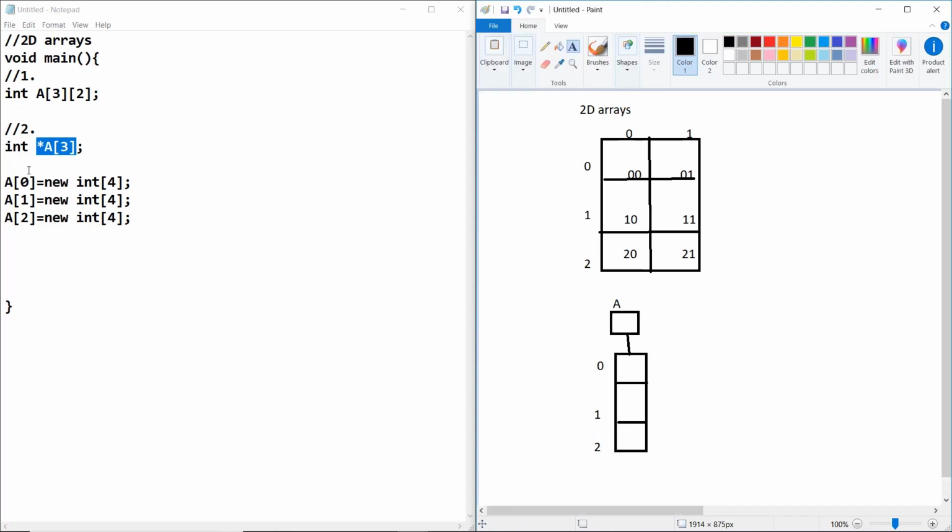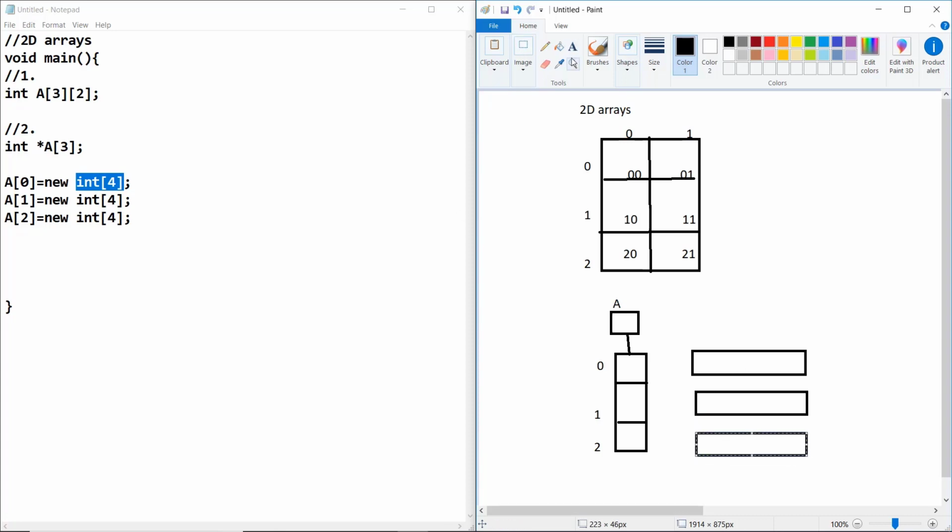Now what does this line mean? At array of 0, we dynamically assign an array of 4 integers, a contiguous memory of 4. It looks like this.